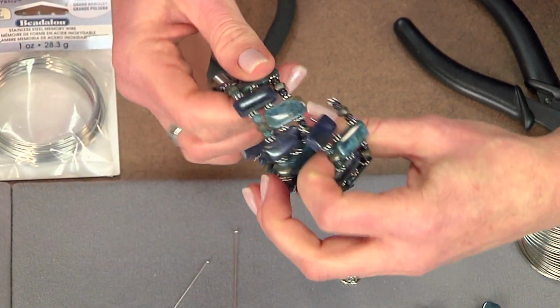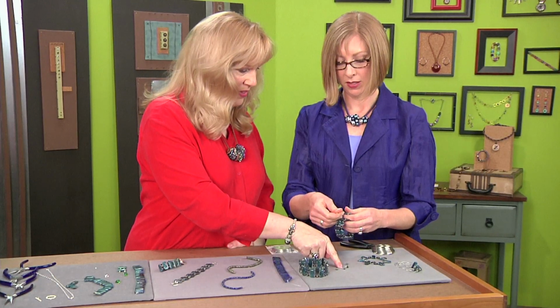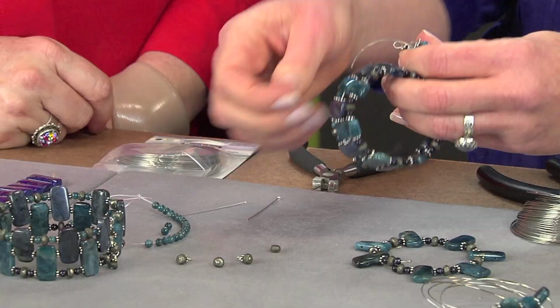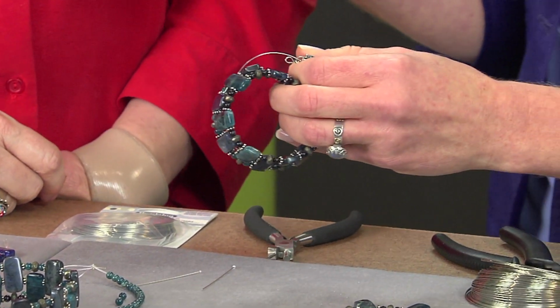Let's see yours. Are we ready to loop it? We can loop that. Okay. Yep, we have these. So, we'll add our spacer. And when you are a wrapped loop maker, I don't know if you do this too